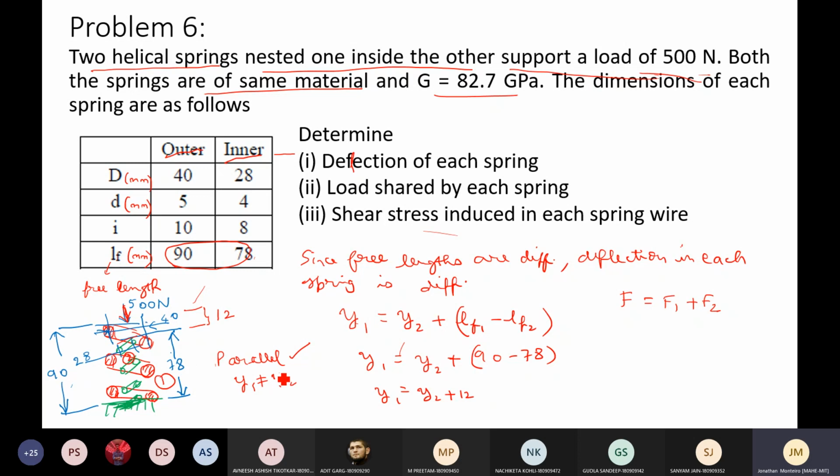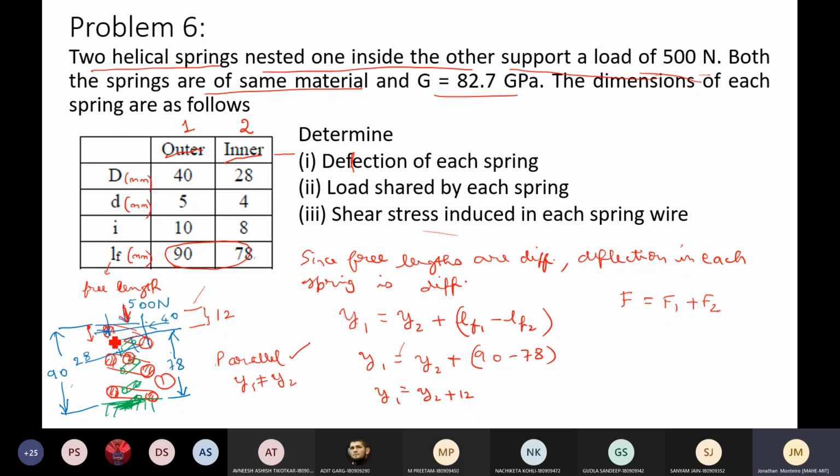Now, when we say deflection, what is the exact meaning in this context? Here y1 refers to the total deflection of the outer spring. Let 1 be for the outer spring, so let me write the superscript 1, and this is 2. That deflection is with respect to the free length. When the free length is full, from there the deflection starts to be counted. This is the 0th position of counting. Whatever deflection happens, we call it y.